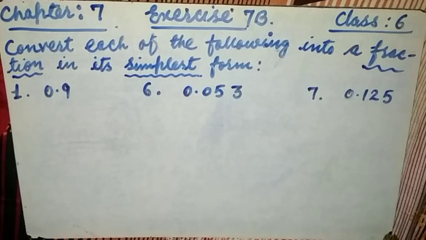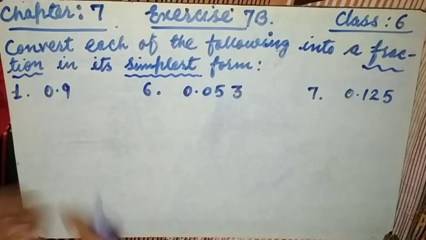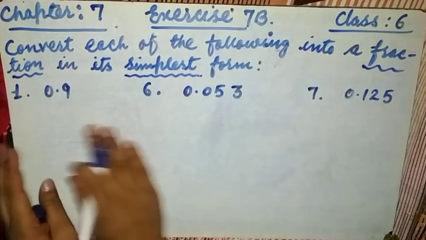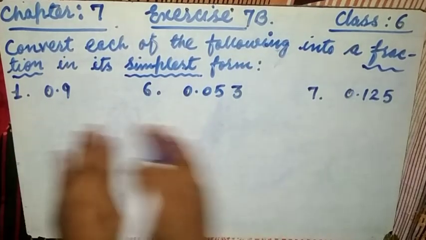If you remember, you have already learned in your 5th class about the decimal fractions. And you have already learned in the previous video about the decimal fractions having denominator as 10, 100, 1000 and so on. These are called the decimal fractions. So all these numbers are known as decimal fractions, or simply decimals.